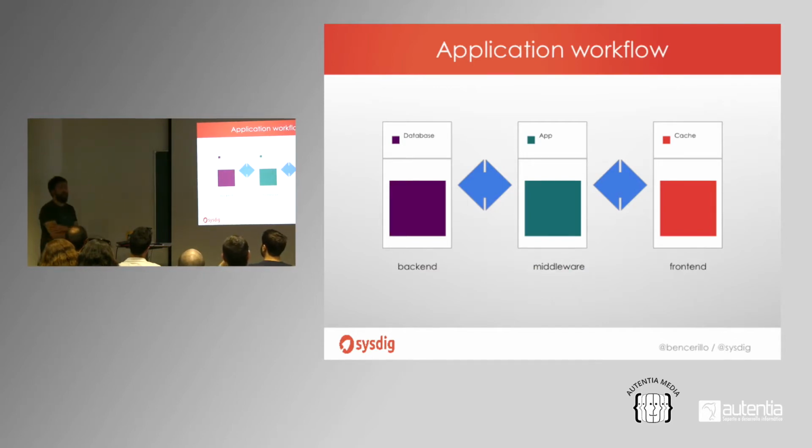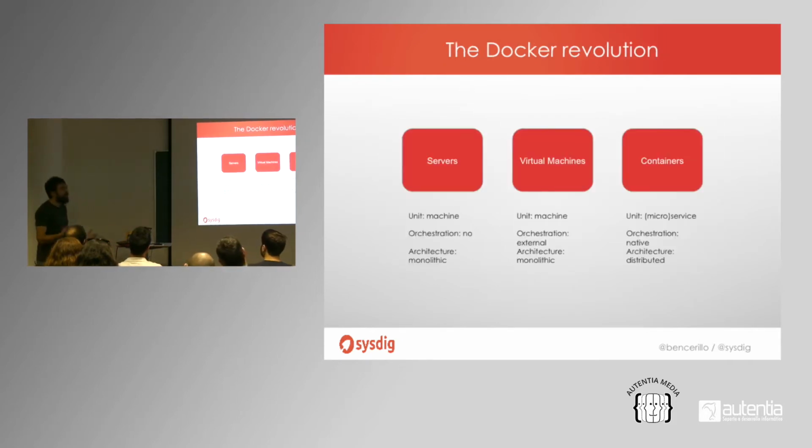If we look at how software works, it hasn't really changed for a very long time. Every piece of software is going to be exactly like this. We have a backend where we store information, data. We have some software in the middle that does some kind of transformation, and then a front end, either a UI or an API, or somehow we expose that information to a consumer. But at the moment, we are in the middle of something that we could call the Docker revolution.